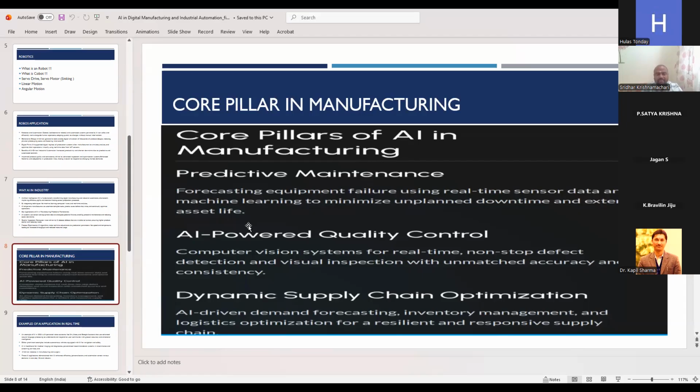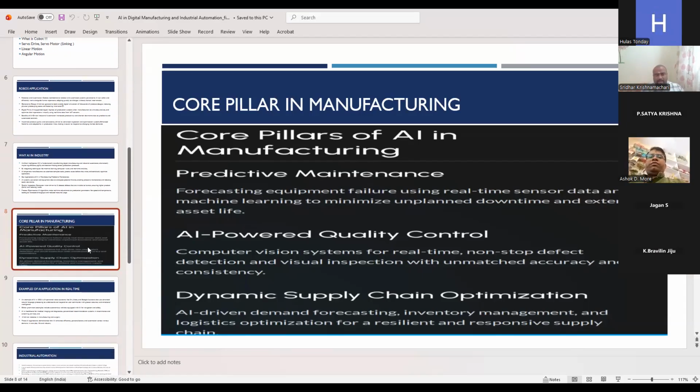So the data capture from the machine will be done automatically in the AI system, so that based on the running hours, the AI will give a command: stop, you require maintenance, and after that maintenance, it will resume functioning. That is the usage of AI in predictive and preventive maintenance.